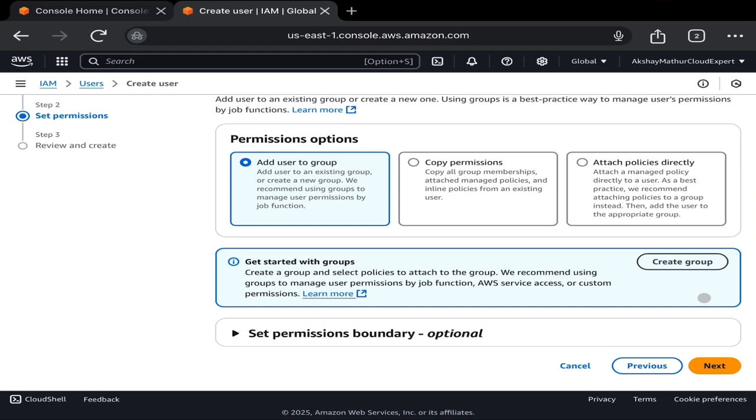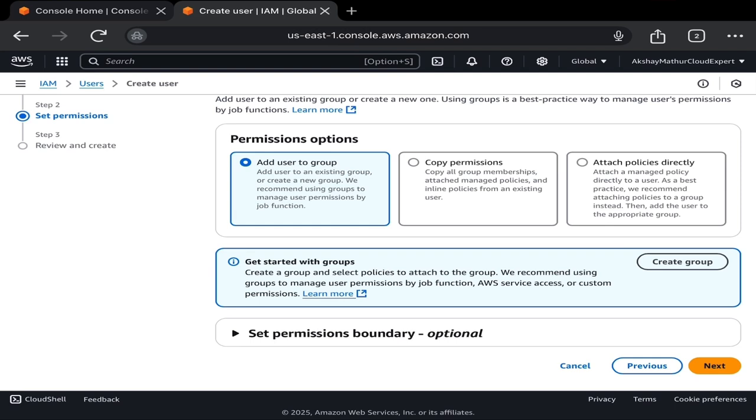Now one of the important parts is that you attach a policy to your IAM user, because a policy is like a permission with least privilege: what type of services you are allowed to access, and what you are allowed to do related to those particular AWS services. There are two ways to attach a policy to your IAM users.